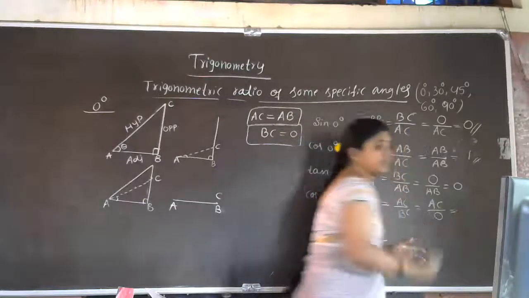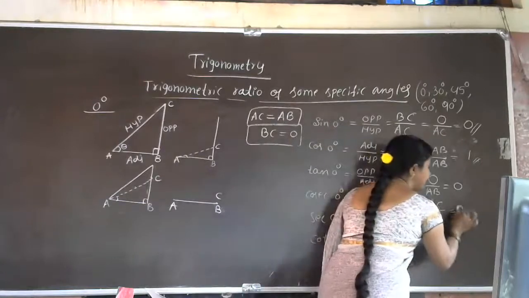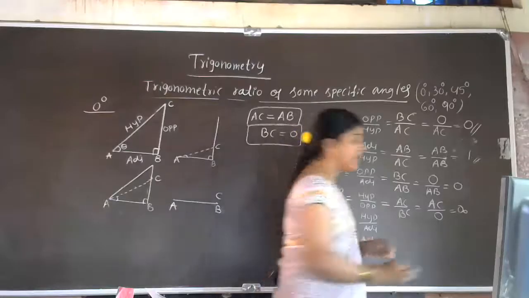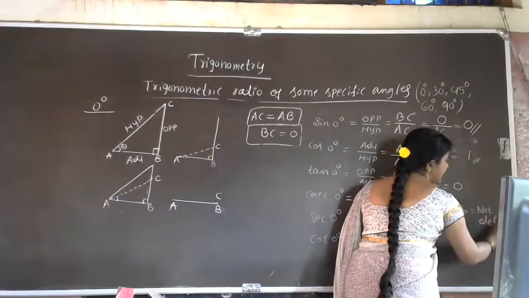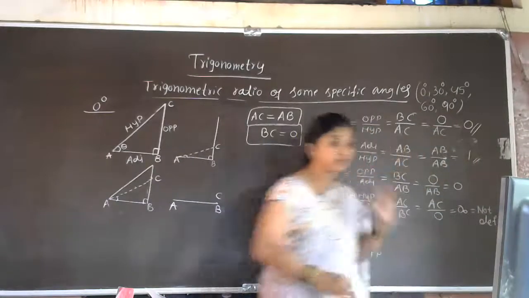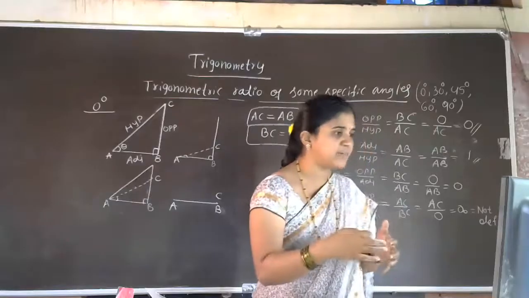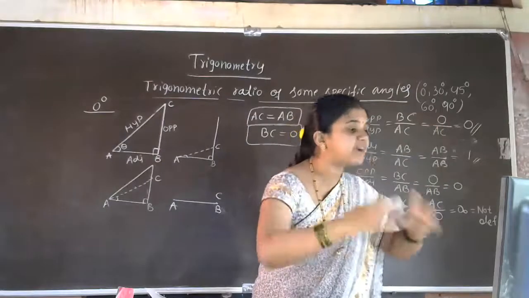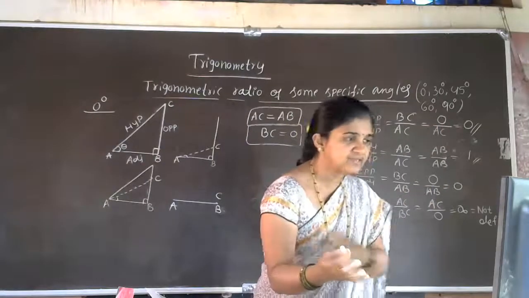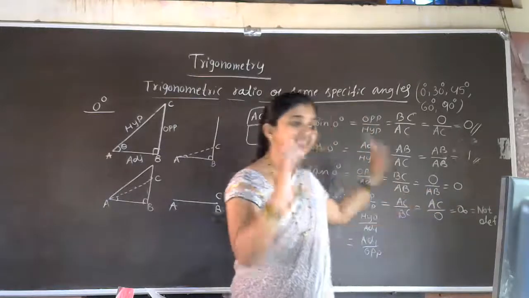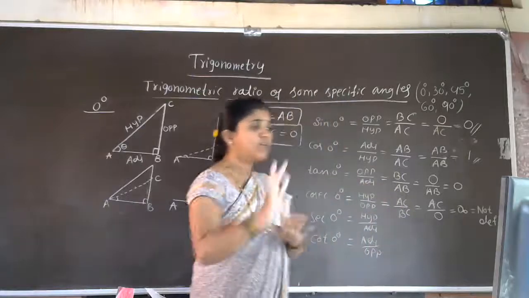So if in the denominator 0 is there, this is called infinity. We discussed now how to write the infinity. Infinity in the sense not yet defined, not defined. We'll take this value as not defined. So till now it has no definition, not defined. 1 divided by 0 or any number divided by 0 is called infinity or not defined. Is that clear? So in the table we have to write not defined only.